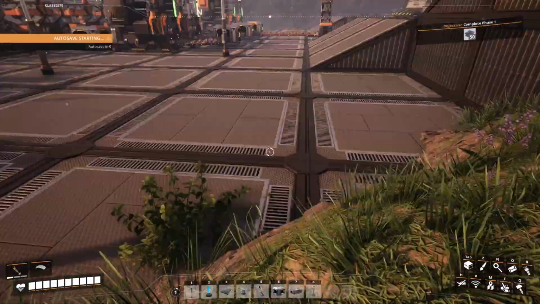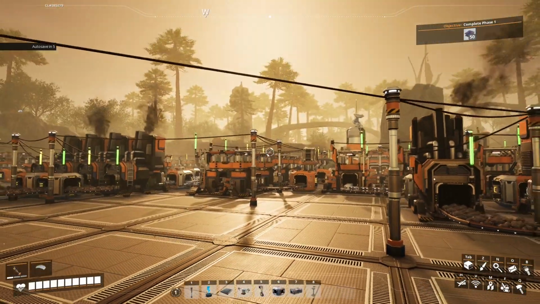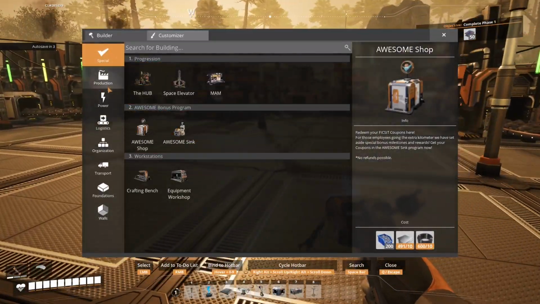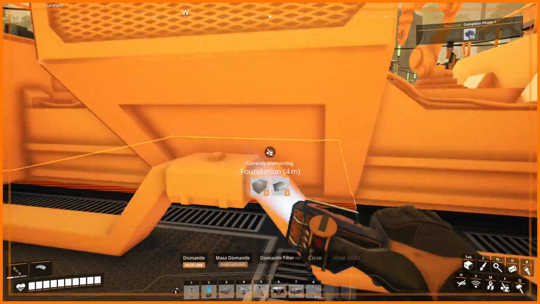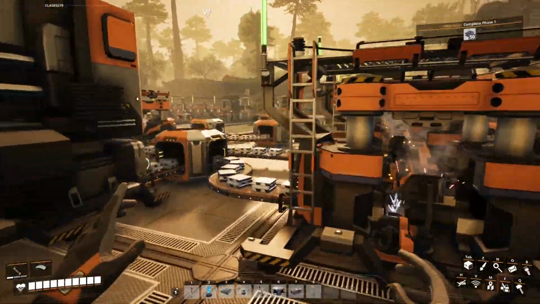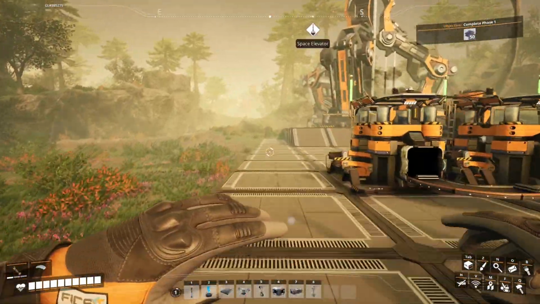So we've got the rotors there, being stored nice and neatly. So the reinforced iron... Actually, how many reinforced iron plates do we need to make smart plates? Smart plates, 2 a minute. I am making more than 2 a minute. I'm making like 5, aren't I? We could do it straight away, can't we? That general direction. So we'll have the assembler...